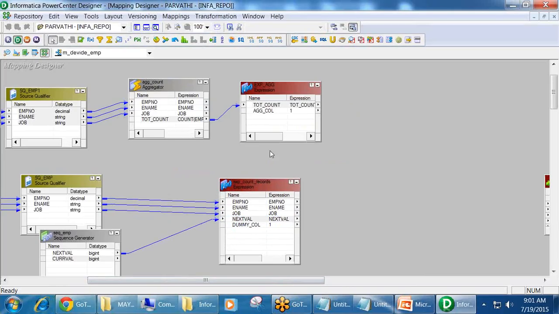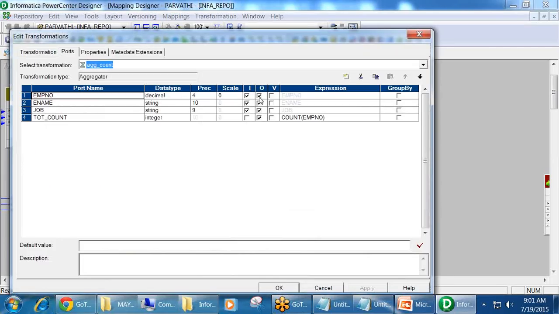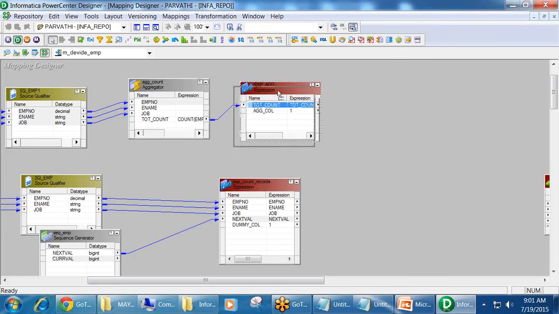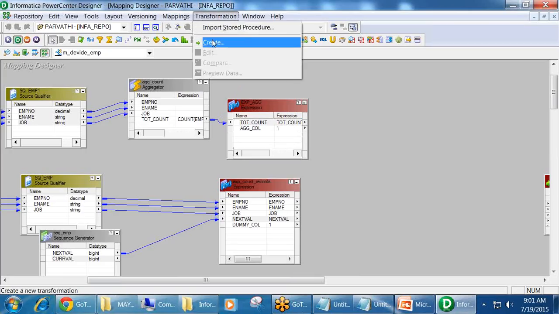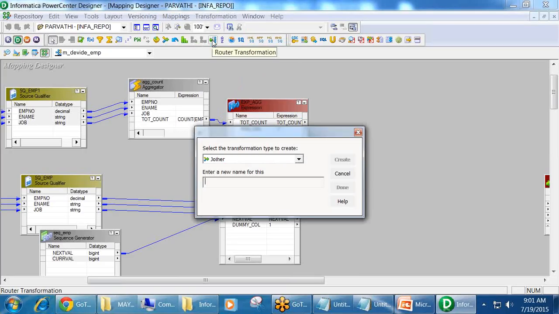So now I'm going to join. I have two flows. I need only these columns. I don't need all the other columns from this one, the aggregator. I need only this data, and I'm going to join this information, basically using the joiner